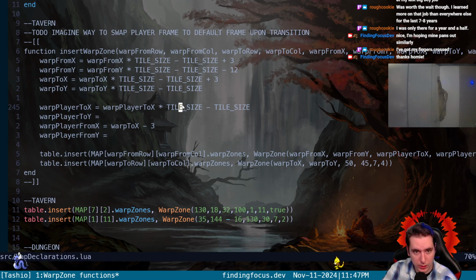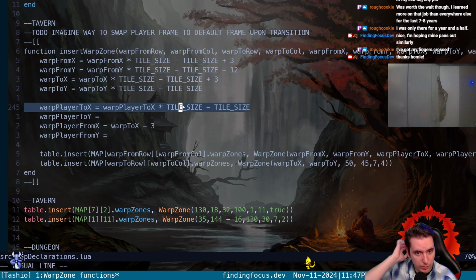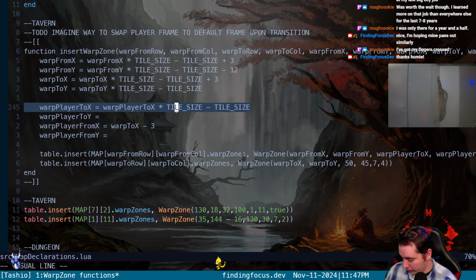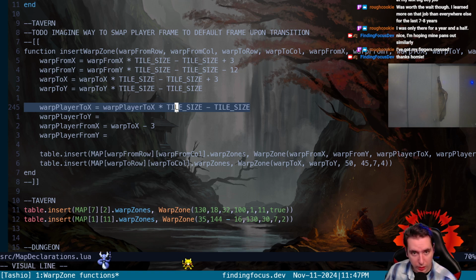And it's not this one, it's this one. No, it's not this one. Son of a bitch. It is this one, okay. So yeah, we multiply by tile size and then subtract a tile size, and that gives us a 32, which is correct. Then our y is equal to 100 at this point, but what we need to do